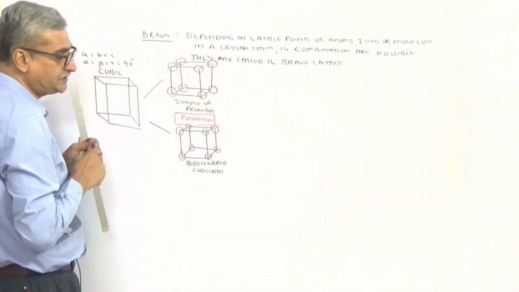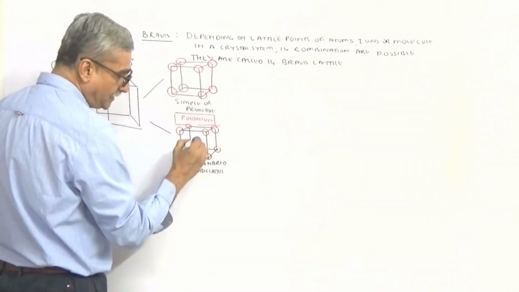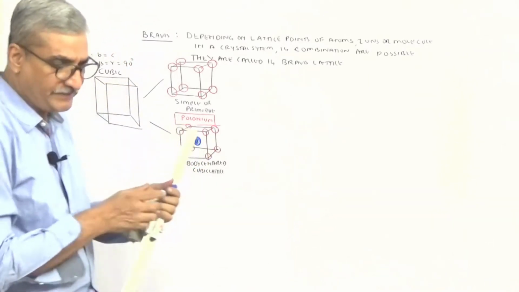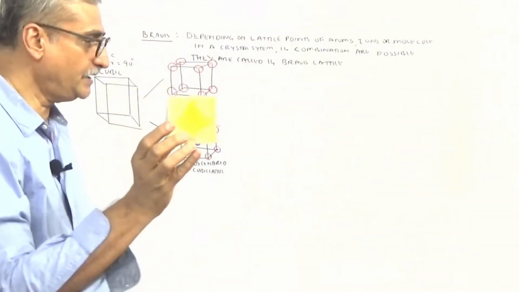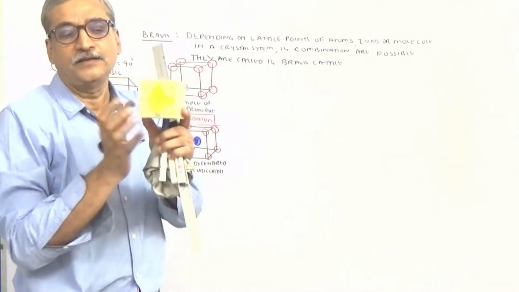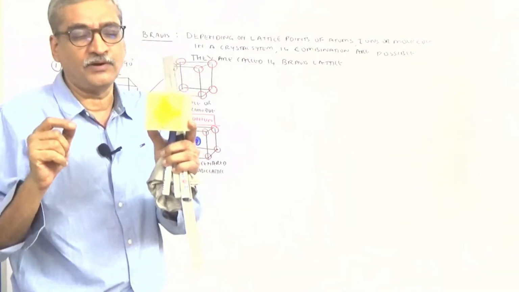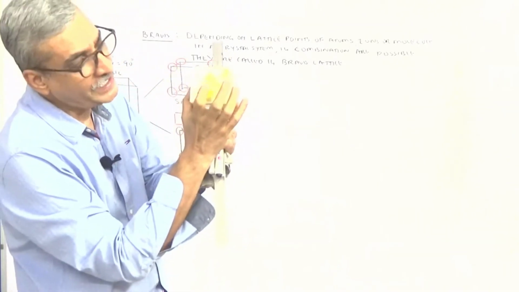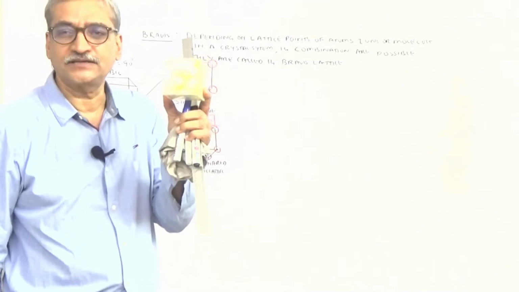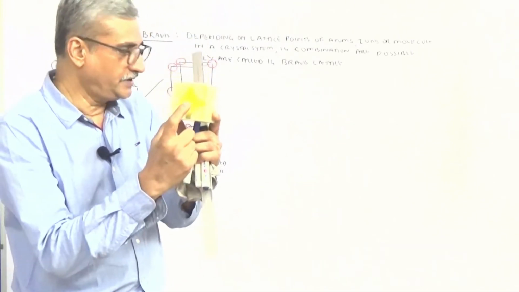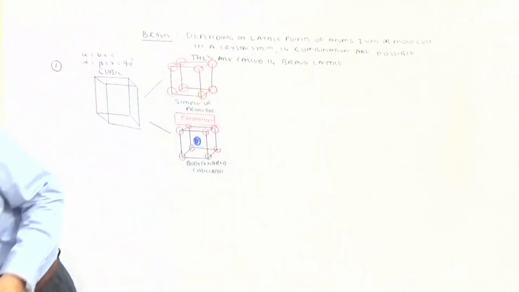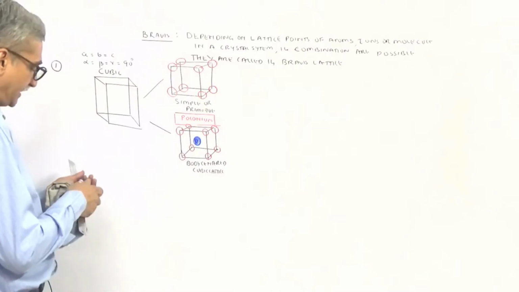So where are the atoms present? Atoms are present in the corner, and there is going to be one full atom in the center. So this will be an example of, once again, the model. Can you see? Yes, right, look. So this is an example of body centered, where the atoms are present in the corner and one full atom is present in the center. So look, this one is in the center, and these are the corners. So this is where the atoms are present. Okay. Then what else will come in this?